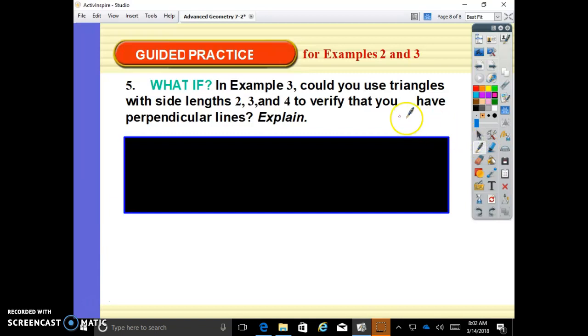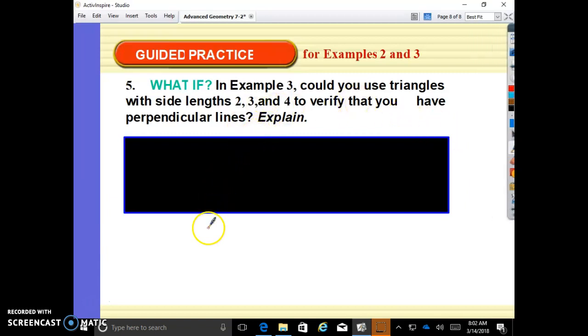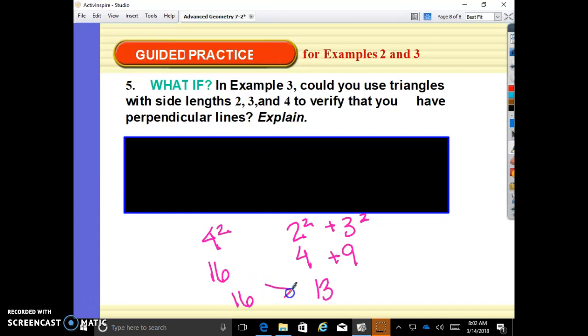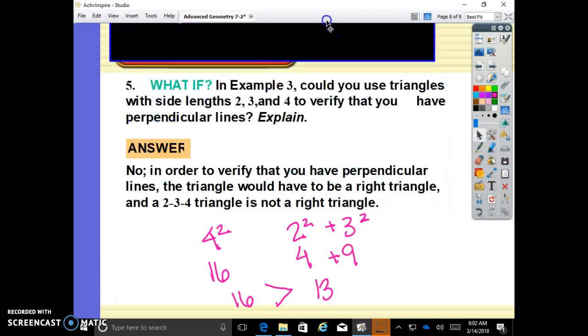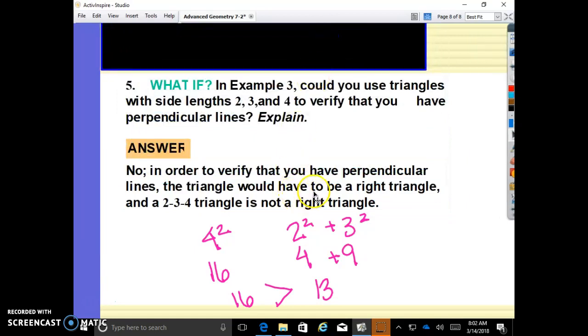Now we just need to check, is this a right triangle? So we know that it can form a triangle, but what kind of triangle? 4 squared versus 2 squared plus 3 squared. 4 squared is 16. 2 squared is 4. 3 squared is 9. 9 plus 4? 13. This is an obtuse triangle. Can we use an obtuse triangle to see if it's perpendicular? No. In order to verify that you have perpendicular lines, the triangle would have to be a right triangle,